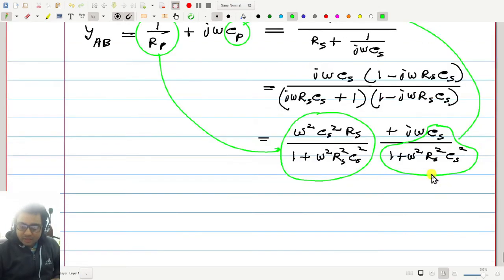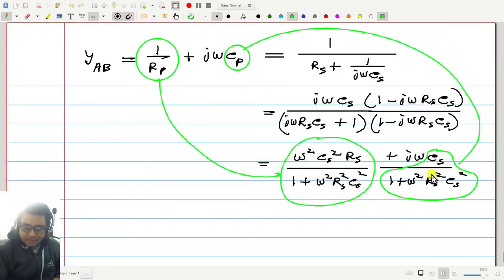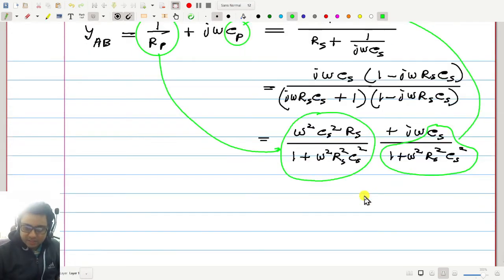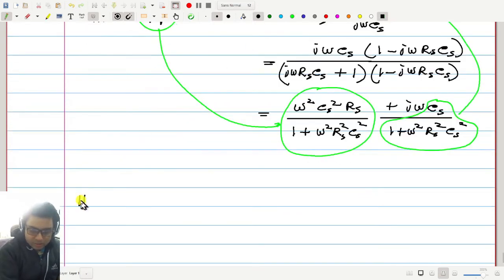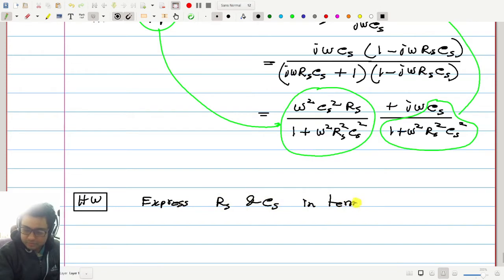Okay. Now here we can get Rp and Cp in terms of Rs and Cs. Let it be a homework to find out, express Rs and Cs in terms of Rp and Cp. Now coming back to your question,